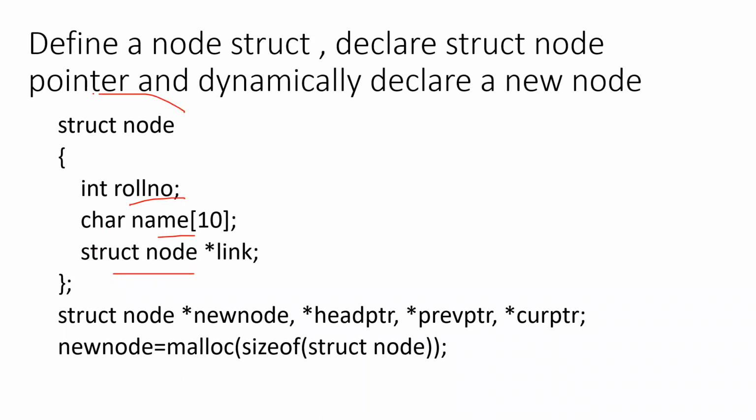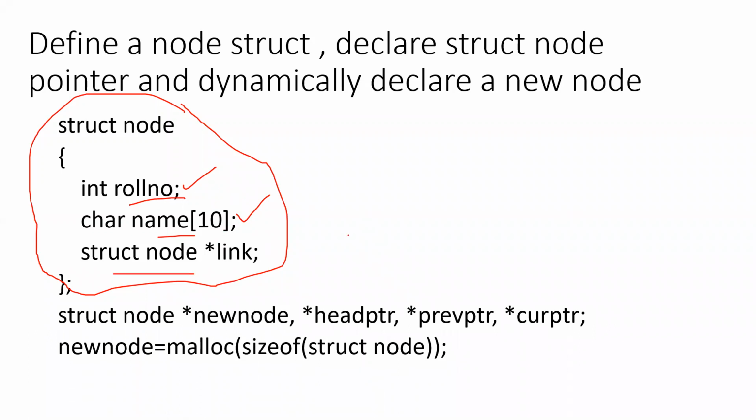So this will be our structure of the node. We are defining the structure of the node. Here instead of data, we have roll number and name. Are you getting? So this is the structure of each node. This is the template with which we are creating each node, and these nodes are connected with a link.